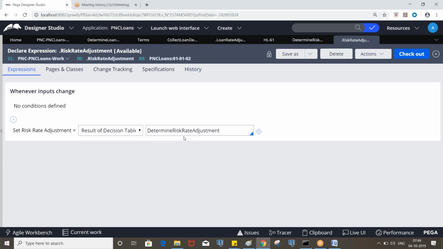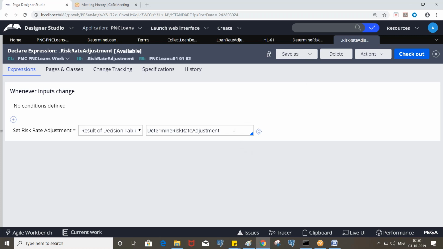But the credit score is on one screen and the return value we are displaying on a different screen, right? So we can handle it in a different way also. Like, we can use the decision shape or we can use the activity, etc. For loan rate adjustment, the terms, loan purpose, all properties are on the same screen. So whenever you change the value, it has to recalculate. You can achieve this by using other rules also, but that is not best practice.